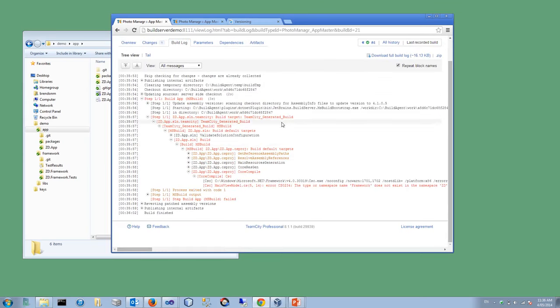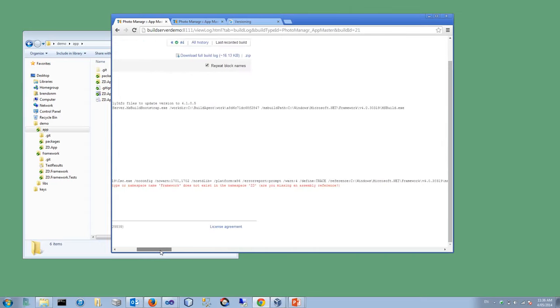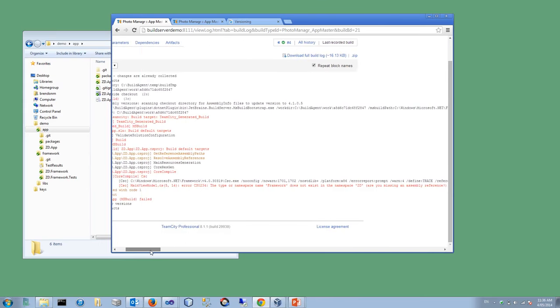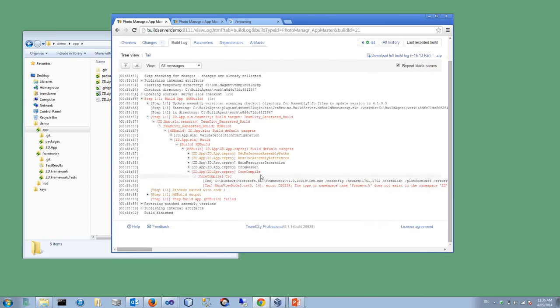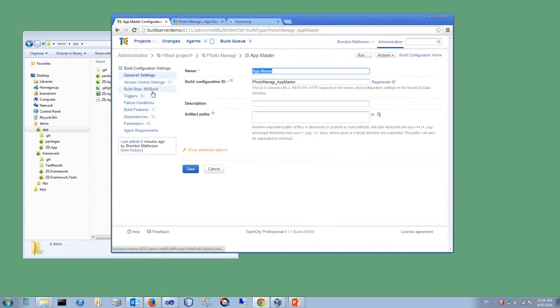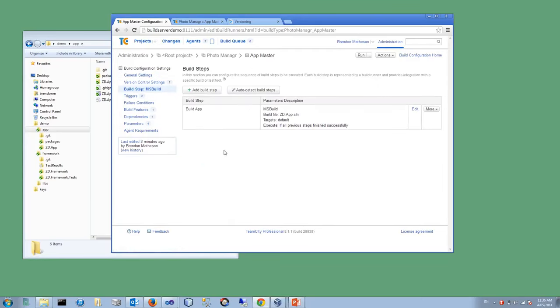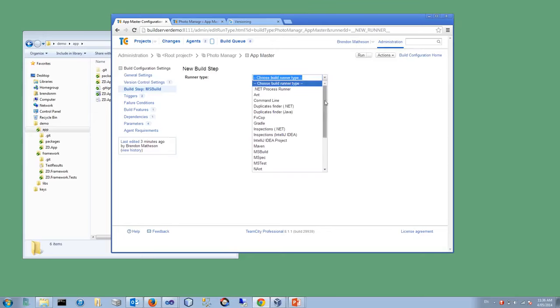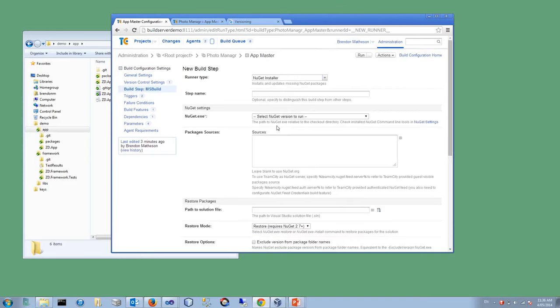So if we take a look at the build log here, what we see is that we failed because it's actually a compilation error because it couldn't find ZD framework when it was compiling the code that is actually trying to use the ZD framework. So let's go back into the settings, and what we need to do is enable the build configuration now to pull in that latest package, that ZD framework package. To do that, we're going to add a new build step prior to the MS build step,